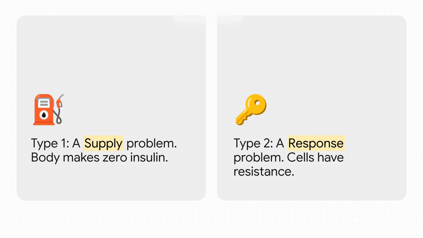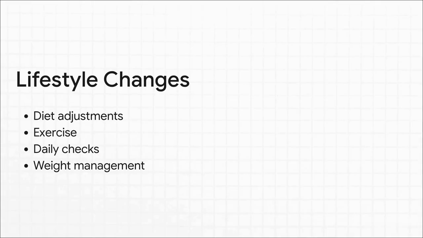Now, on the right, type 2 diabetes is a response problem. The body is still making insulin, but the cells just don't respond properly to it, a state we call insulin resistance. The analogy here is brilliant. It's like having the exact right key in your hand, but trying to open a lock that is completely rusted shut. So, when the lock is rusty or the tank is totally empty, structural renovations to a patient's lifestyle are